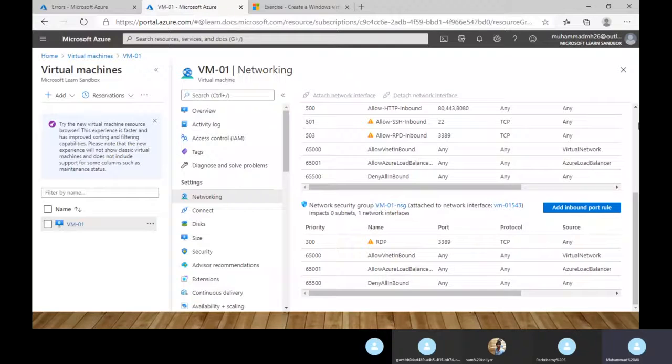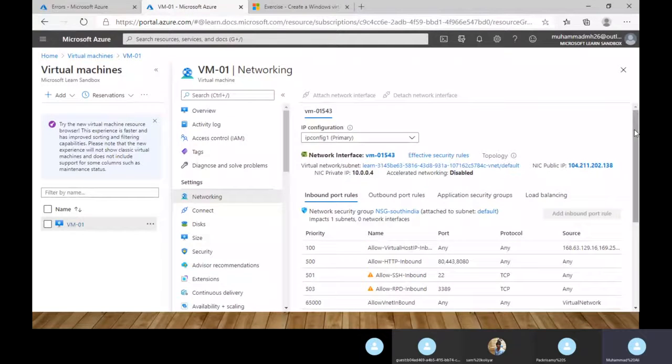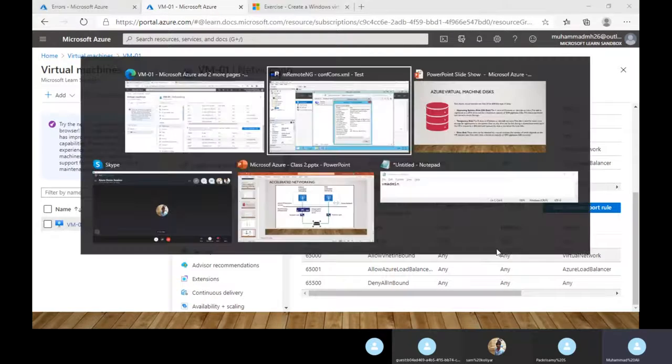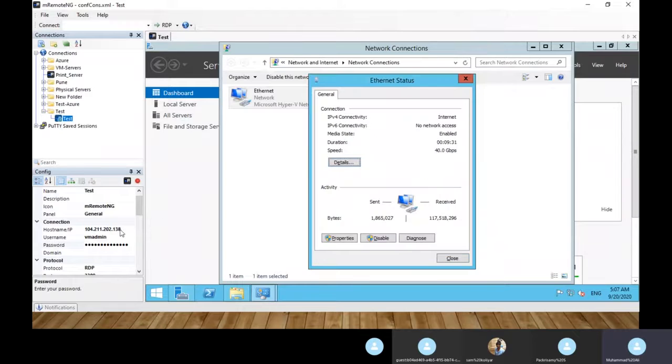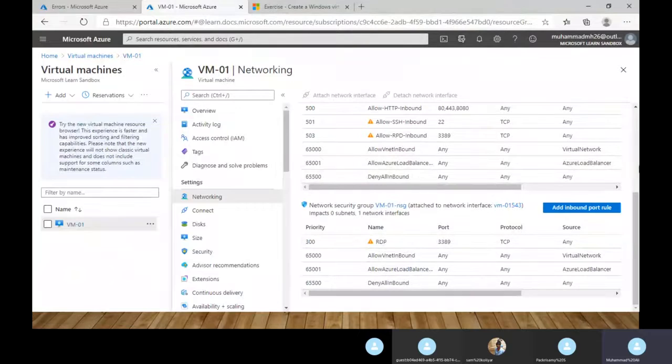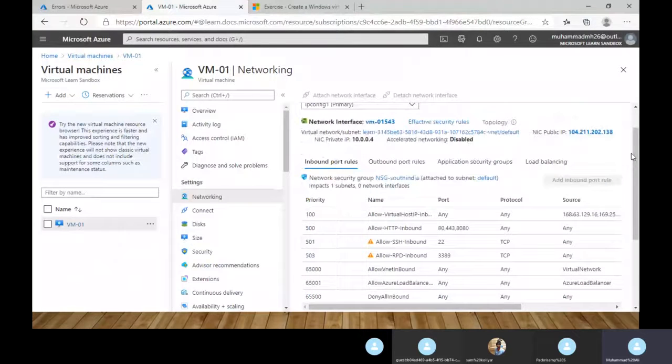I'll explain a lot when we are creating your free trial, because this has only limited features. Here we allowed 3389 for public access. That is why you are able to access this machine publicly. This is the virtual network. I cannot explain so many things on this learning subscription, so next week we'll see it in detail.